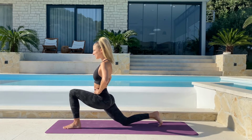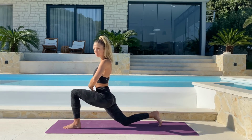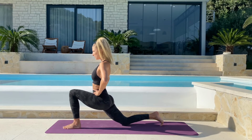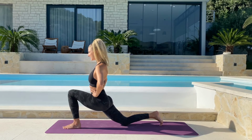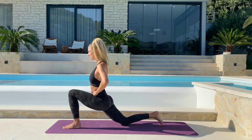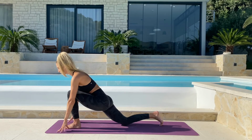Sinking the hips nice and low, core nice and strong, so we don't want to go into that lower back. We've still got a little bit of support going on here. Sinking nice and low. For 4 more seconds. 3, 2, and then last one, just bringing your hands all the way down to the